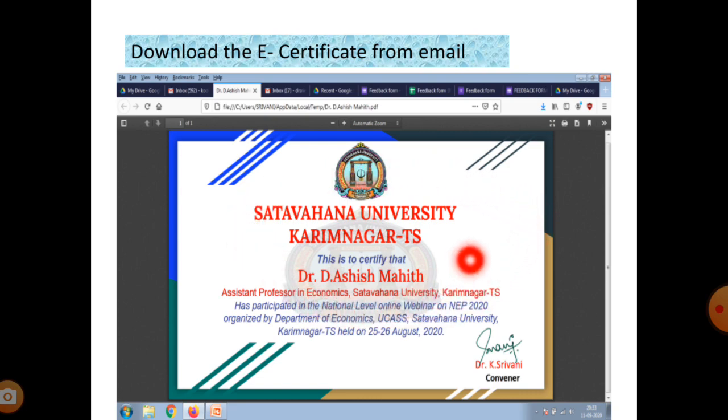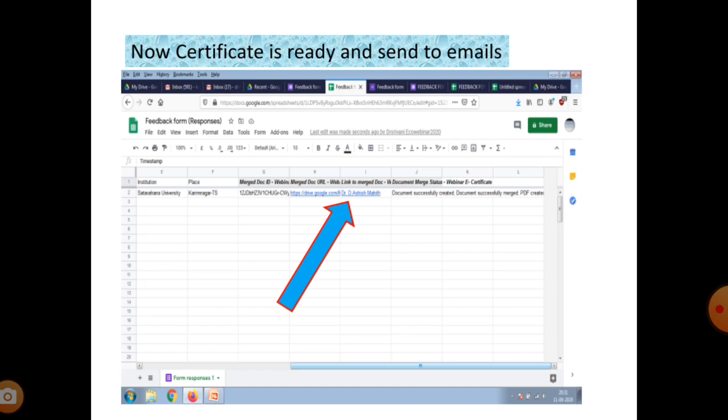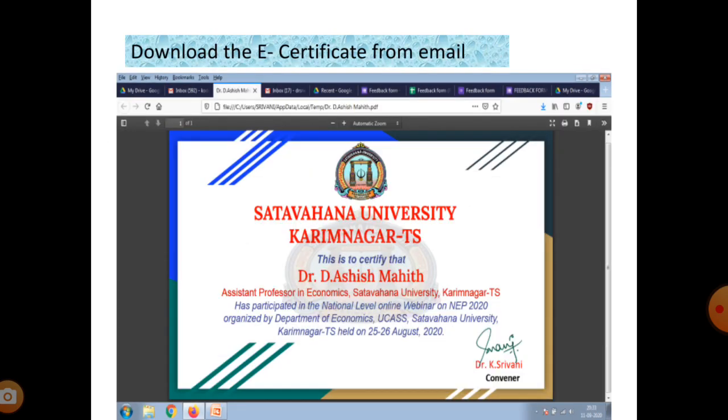This is how to generate a certificate through autocrat only. In the autocrat, we have mentioned the less than and greater than symbols, which you have to remember. The full name, designation, institution, place, all these things you compulsorily mention in the form. Whatever details are mentioned in the form are all displayed in this source, in this autocrat. Okay, this is the thing. Thank you.